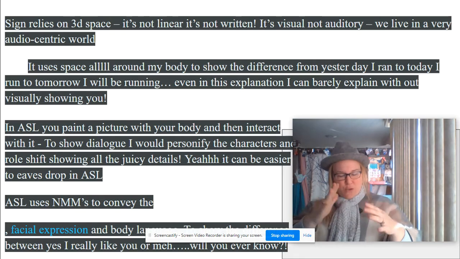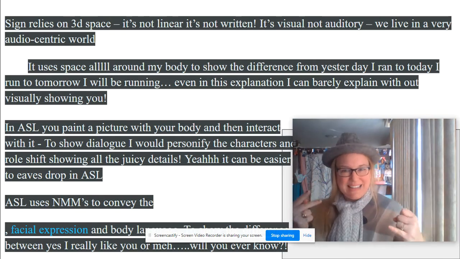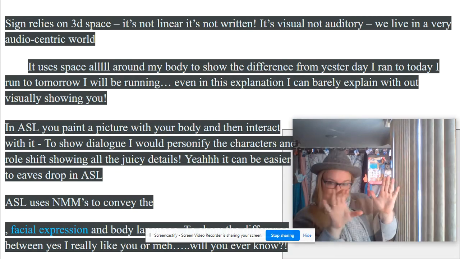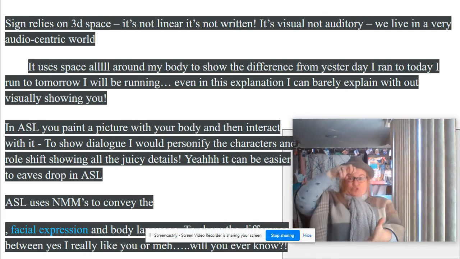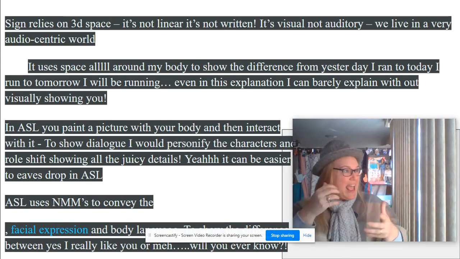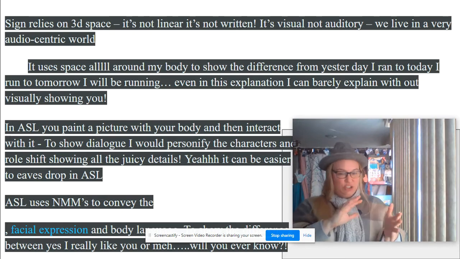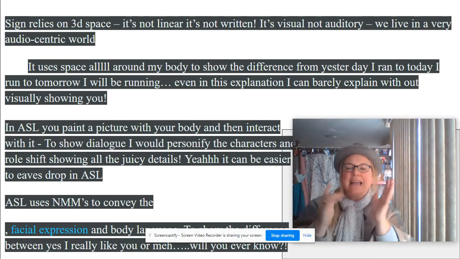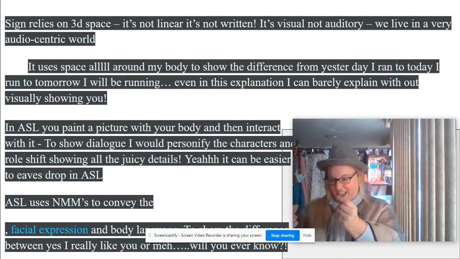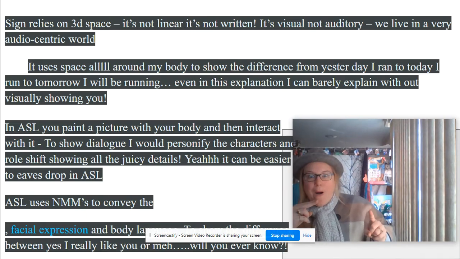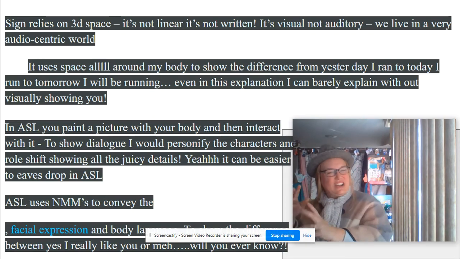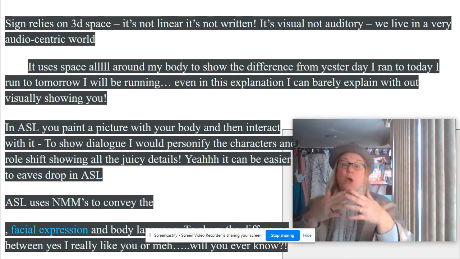What? All right, so in ASL, you also are painting a picture with your body. And once you paint that picture and set up that scene, then you get to jump into it like Mary Poppins style and start interacting with it, okay? You can show dialogue by personifying the characters and using role shift by turning your shoulders and showing all of the juicy details, you know? It can also be a little easier, I should say, to eavesdrop in ASL. So it's kind of fun when you see other people out in public,